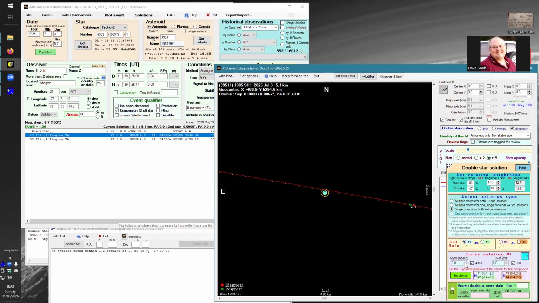So we're on the first solution here, and you need to then fit these events to the northern limb and then the southern limb. And the way you do that is you increase the separation value to something, I don't know,